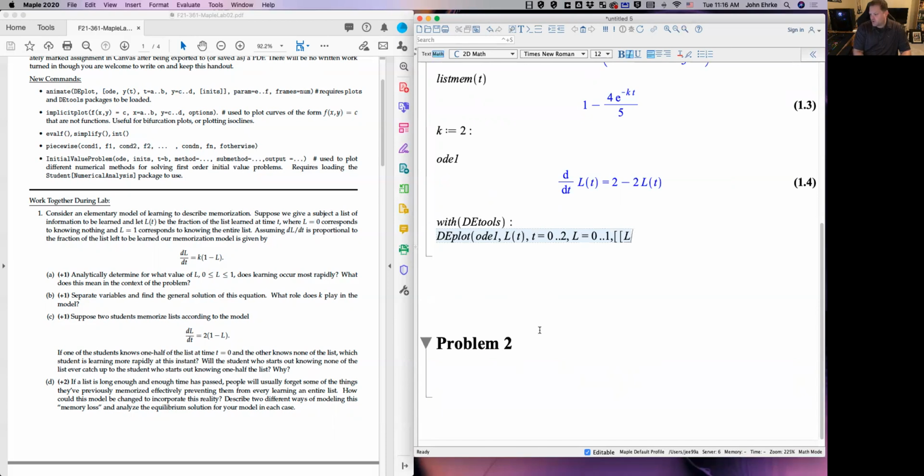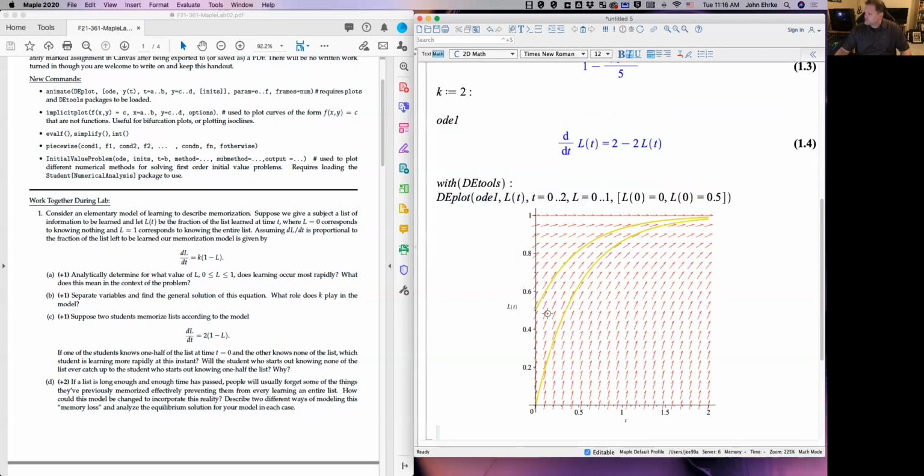It mentions someone who knows none of the list versus someone who knows half of the list, right? So that would be the two conditions that you would be plotting there. So this is the learning rates associated with someone who knows none of the list and then someone who knows half the list. Now, the question asks,